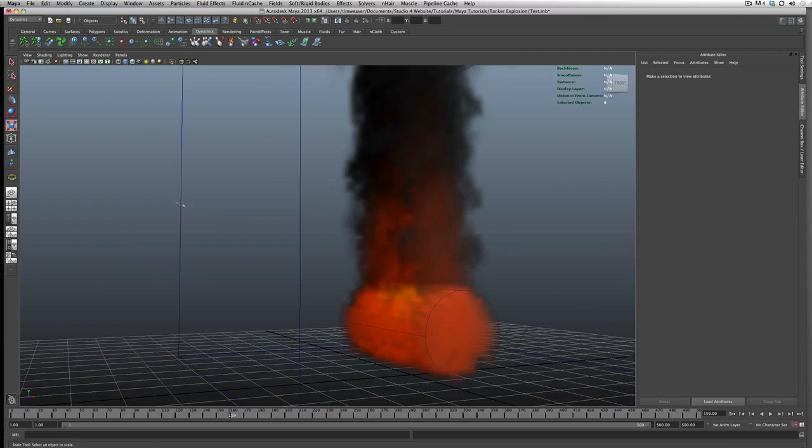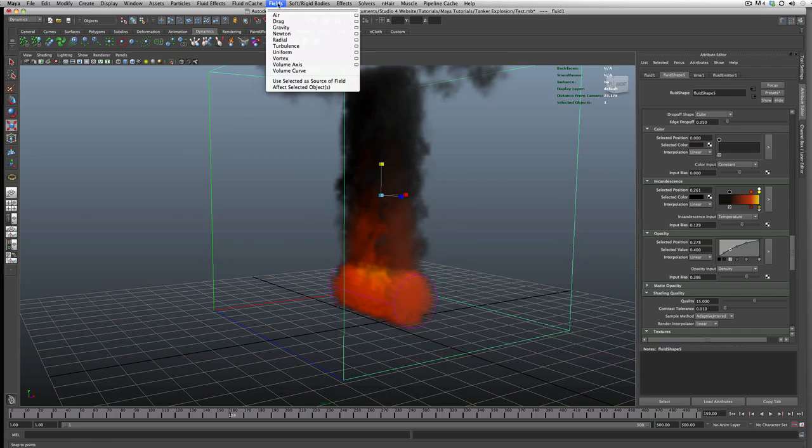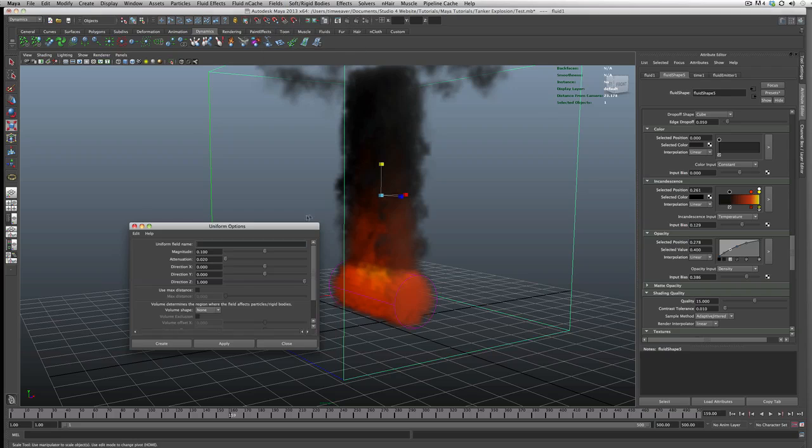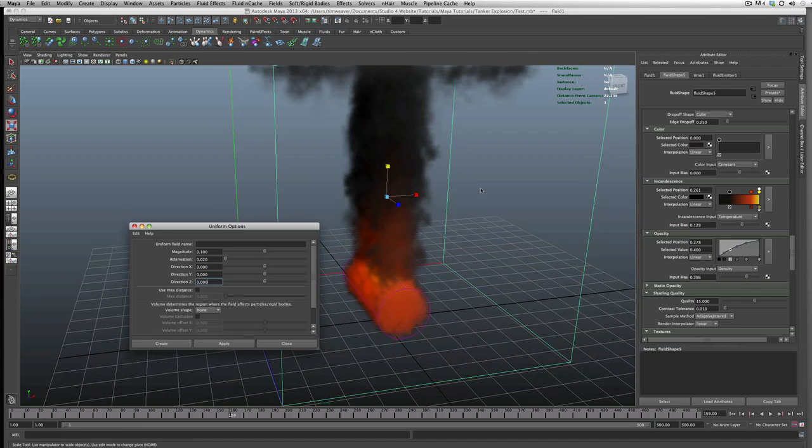Let's go ahead and add a field to our container here, because right now it's just going straight up, and if this was happening in the real world, that would not be the case. So to add a little bit of realism, go to the Fields tab, and let's make a uniform field, and we want it to move our fluid effect to the right in X. So we'll just put +1 in X, so it's moving it towards our X axis, and hit create,